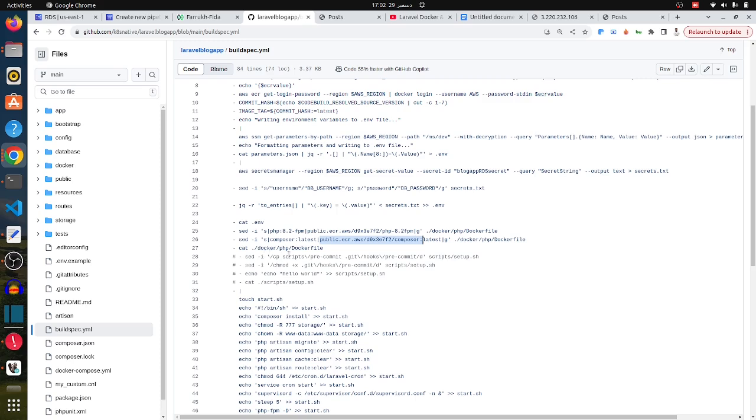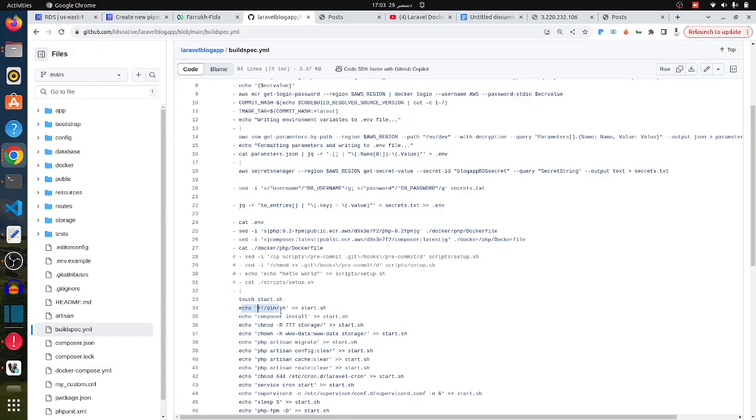Now whatever Dockerfile I do have, I'm just printing it because I have changed these values. I just need to check that everything is fine. That is not necessary, but I'm just putting it here. And then I have created a start script. In ECS, in the last video, if you have seen, I have put a Docker component there, with a lot of Docker commands. So for that, I am just creating